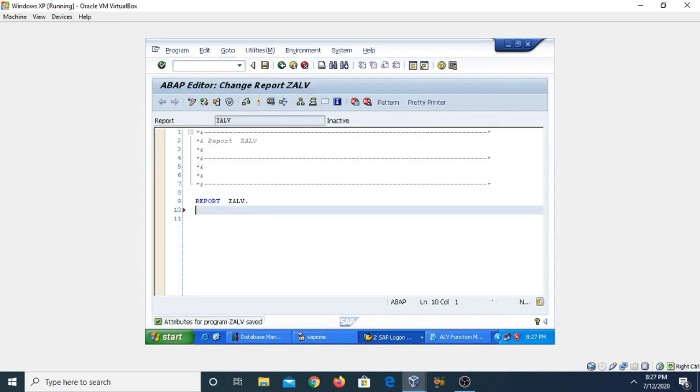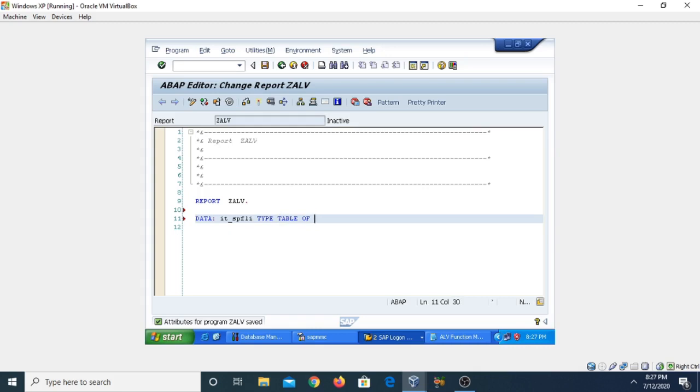Now create the data object here. Suppose I am creating IT_SPFLI, of type table of SPFLI, where the table name is SPFLI.